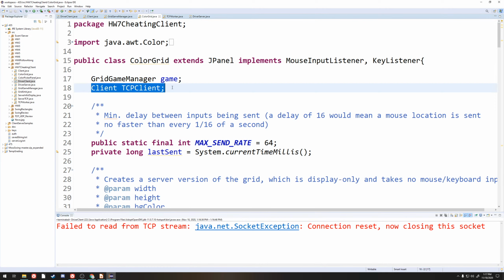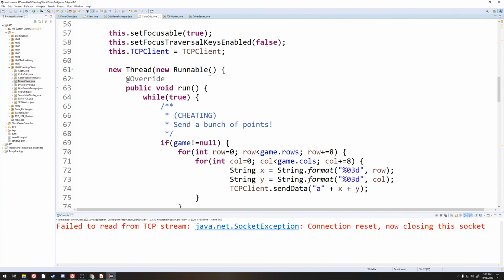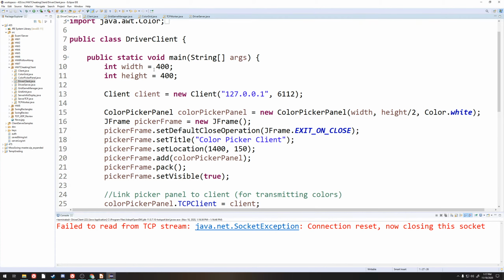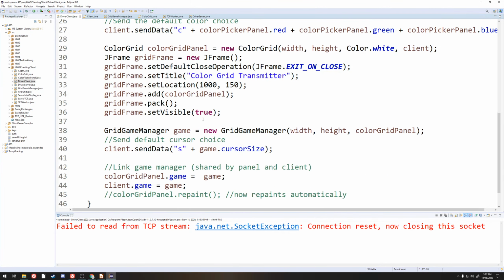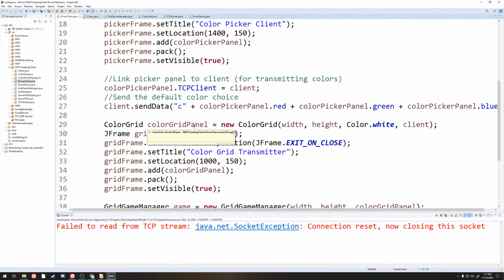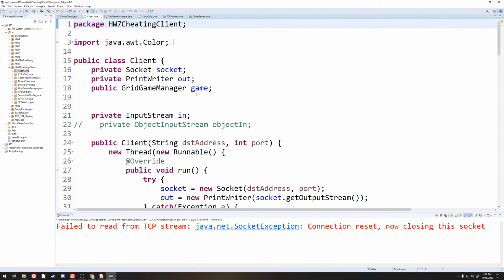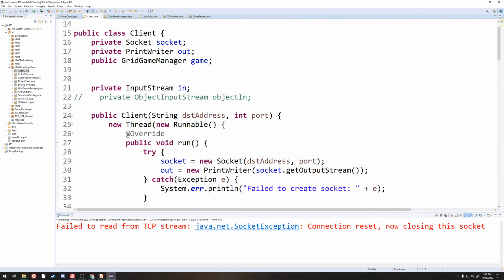So you could start a bunch of different TCP clients. You could have done this in a loop or something along those lines and just started a bunch of different TCP clients. You could have gone back to the driver and actually started a bunch of clients here, basically copied the entire client instantiation code, done it a couple times, so even put this in a loop. But then you'd have a few different color grid panels, which you don't necessarily need. And then you also could go back to client and have it start a bunch of different sockets. So rather than starting a single socket, start a few, and then begin sending messages into